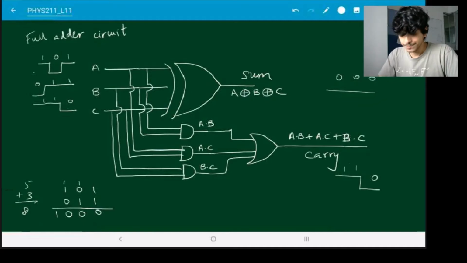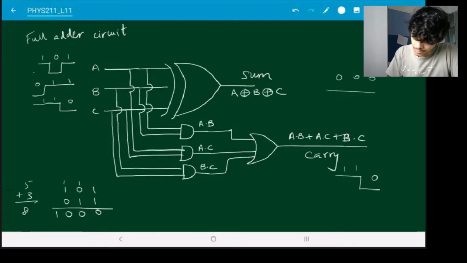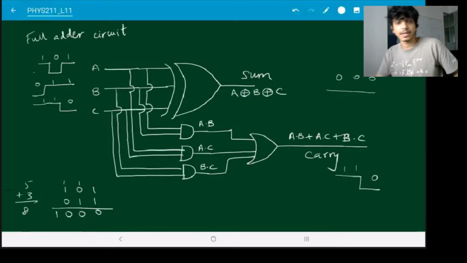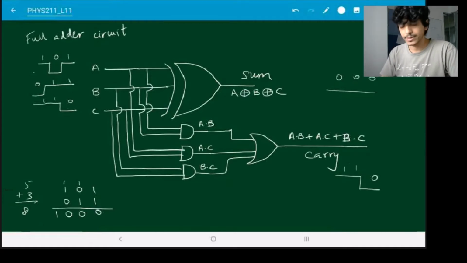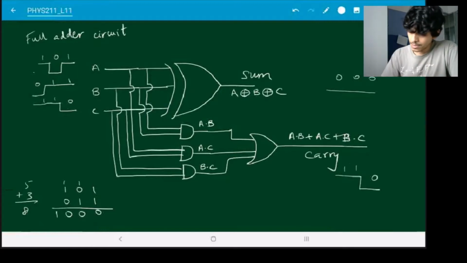Okay, so we've established that these logic gates are actually very useful things. You can make various logical circuits with them, including these arithmetic operators, the sum and the carry bits for a half adder and a full adder circuit. But so far, we have not yet discussed how you get these logic gates in the first place. Like, physically, what is a logic gate? So, that's what we're going to discuss now briefly.